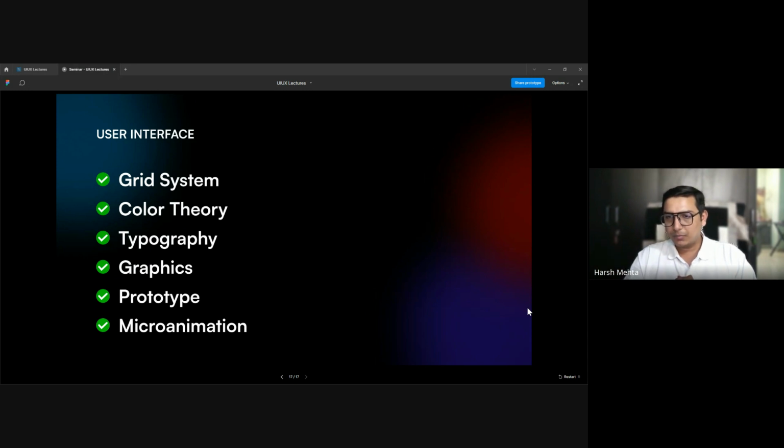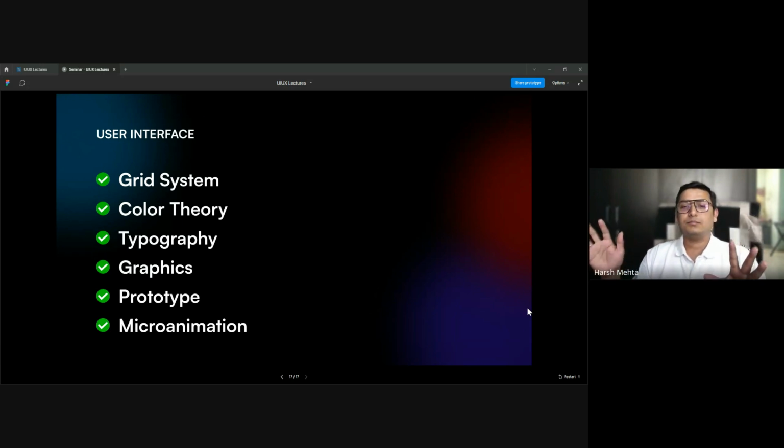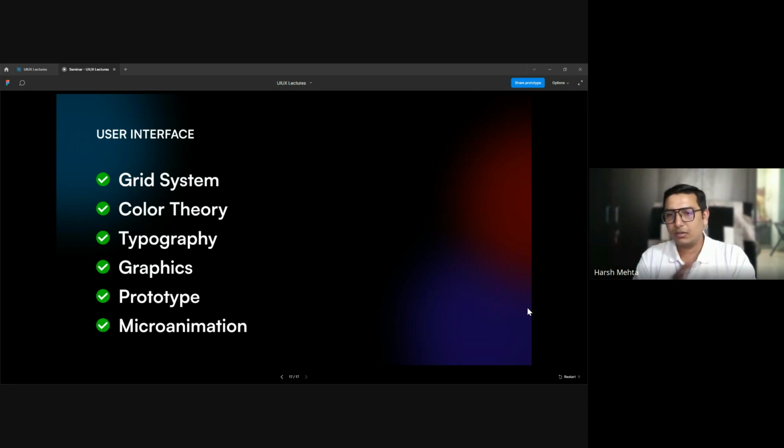Kevin, how should a portfolio look? It doesn't matter how your portfolio looks. It should be just the design of a mobile app or website. That's it. You show it in Figma links. You send your Figma links in an email to your clients or to the interviewer. That's completely fine. There's no need to upload it somewhere. So that's your answer, Kevin.